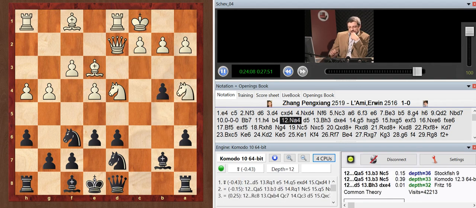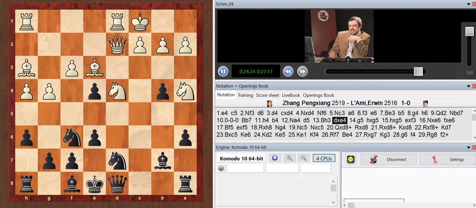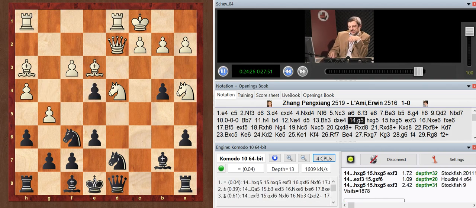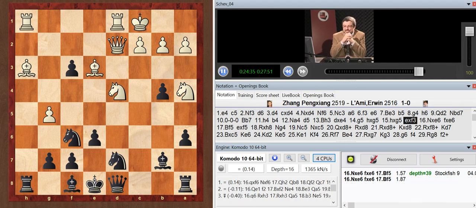After b4, knight a4, which became a standard, Zhang Pengxiang against Lei Mi in 2004 decided to repeat the pattern that we already know, knight a4 and bishop a3, and after taking on e4, g5, black decided that he will try to survive with a special idea. The idea is to ignore the threat to the knight on f6.